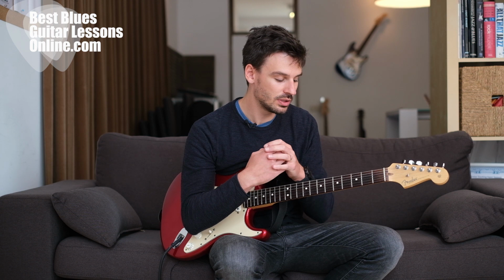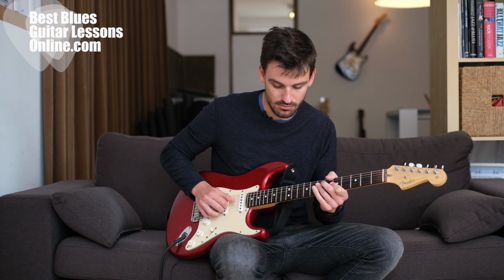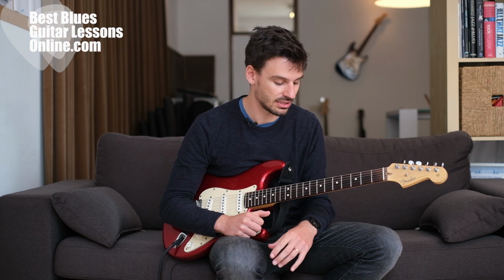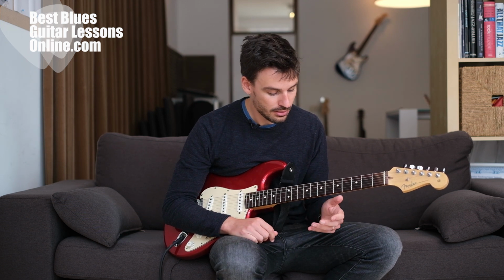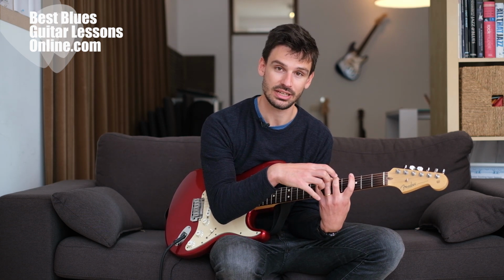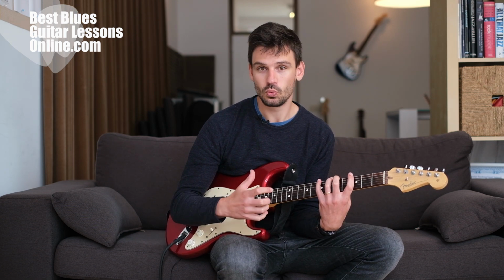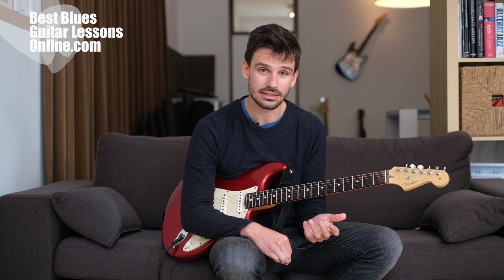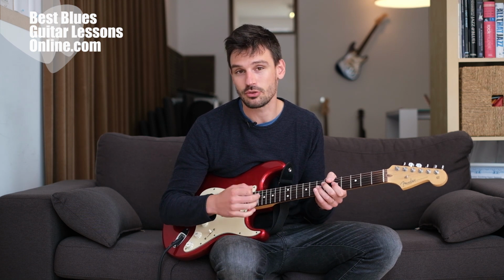So why would we want to use this other approach with the thumb wrapped around the neck? Because this approach is used by a lot of blues and rock guitar players, and other styles as well, metal to even some jazz and other styles. So why would we use this approach if we have more technical abilities in our left hand with the thumb behind the neck? That's also a great question, and the answer depends on what kind of technique you're playing at the moment. If you're playing with the right hand on all the strings, but you're muting some of the strings, which is called left hand muting technique,